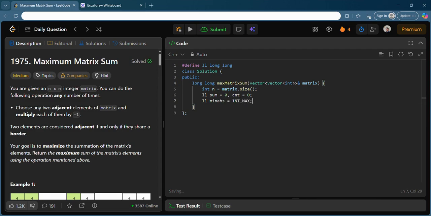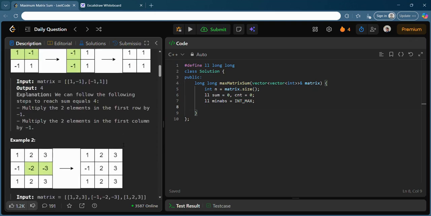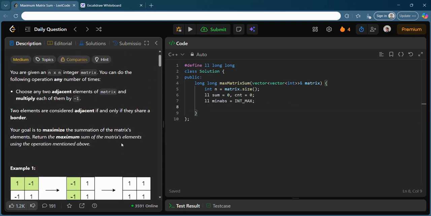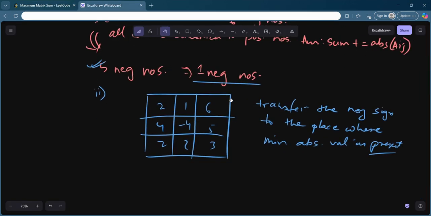Okay, because I want to calculate the minimum absolute value that will have the negative sign. If there are an odd number of negative signs, then this minimum absolute value will have some value. Okay, so now you see one thing,